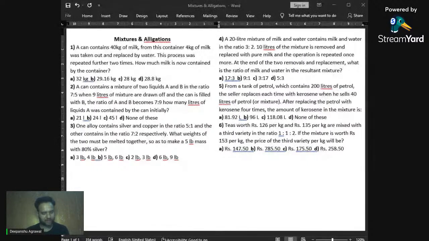As you already know, in this format of our lectures, we generally give you five or six questions to solve, and we give you a stipulated time to solve these questions. In that stipulated time, you have to solve the given questions as if you are solving them in the exam, right? So today the topic would be mixtures and allegation.